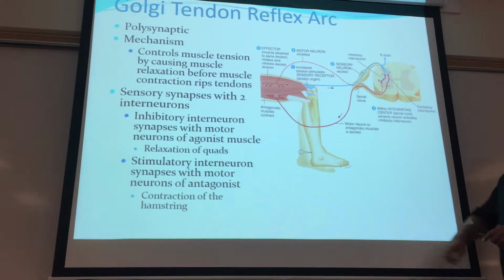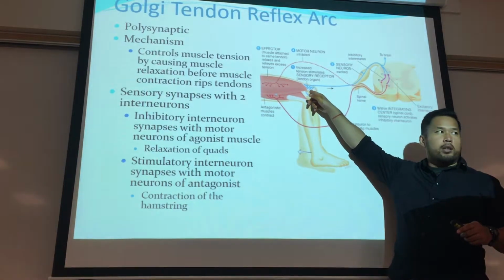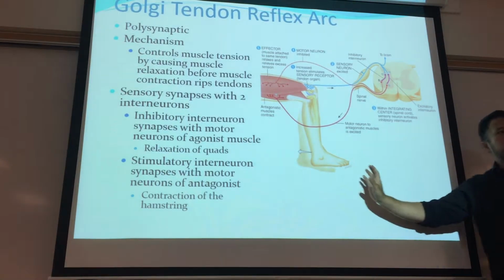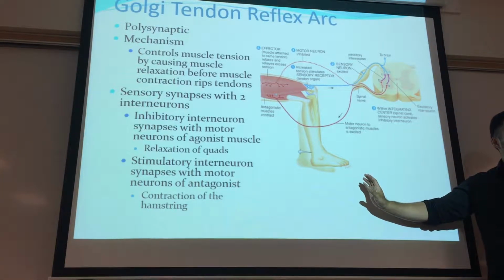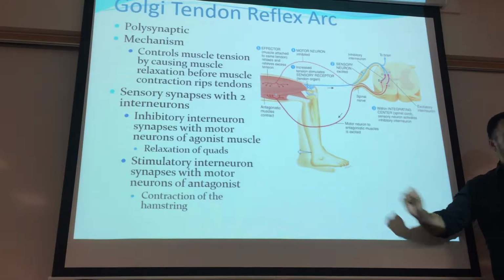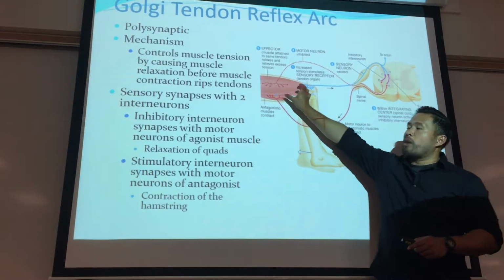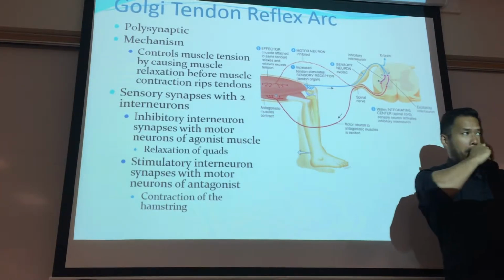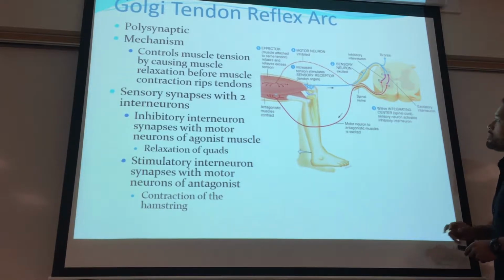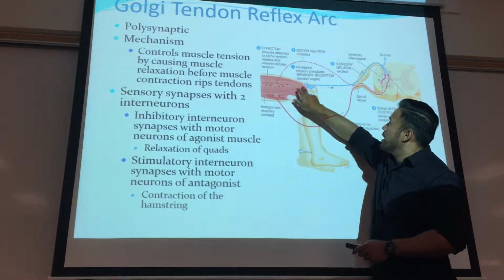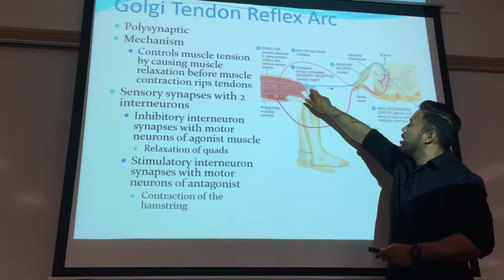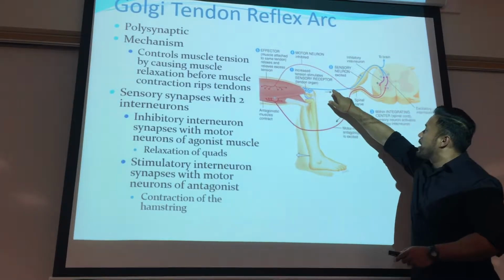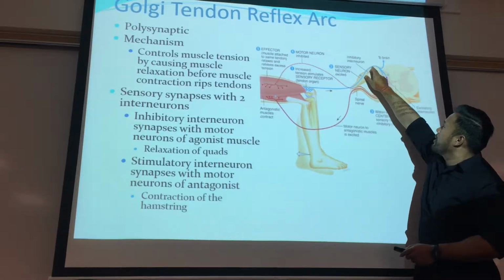So the other portion is the Golgi tendon reflex. And in this case, what you're going to be able to see is that the receptors are located on the tendon. So it's in series with the quadriceps muscle itself. The whole purpose of this reflex arc is to prevent excessive contraction. So the stimulus in this case is contraction of the muscle that's placing a load on that tendon organ. And so what's going to happen is the neurons, the dendrites that are being targeted in the tendon organ are going to light up. It's going to send afferent information back the same pathway,